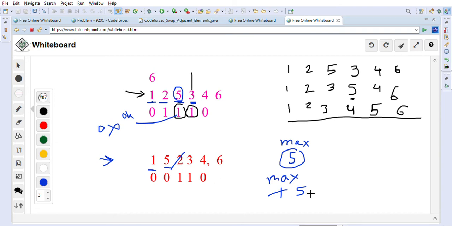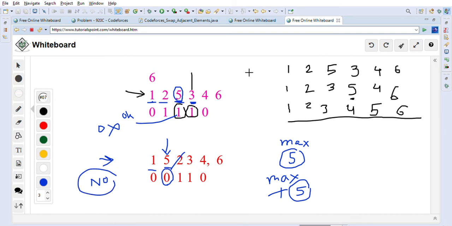At that time we will check the index of this max element that we have seen, and see if it is swappable. In this case it is not swappable. It is 0. So we can never sort this array because we cannot move this element, which is a bigger element than 2. We cannot move it forward and bring 2 backward. So in this case we have to return no. So this is another example.